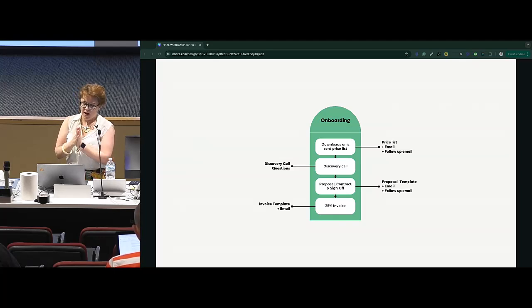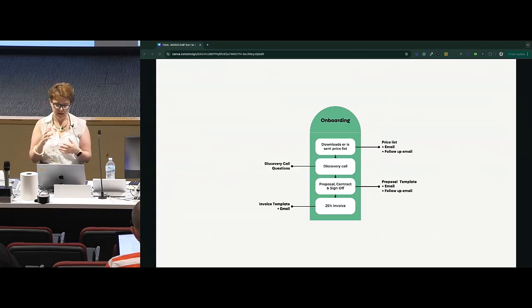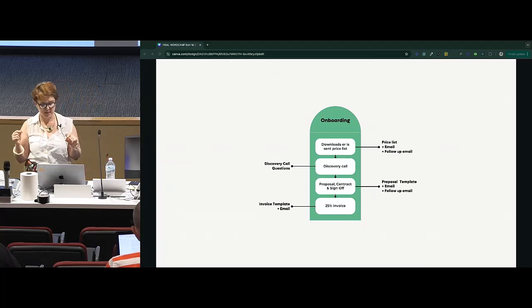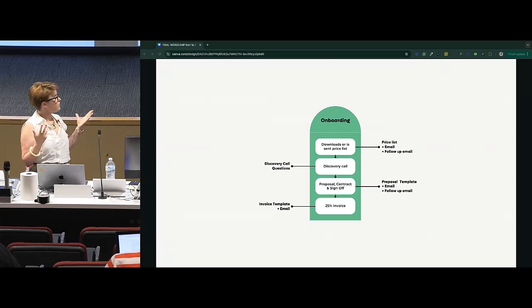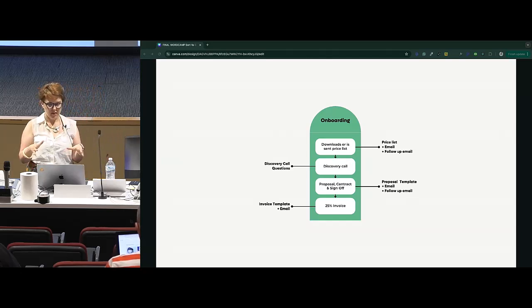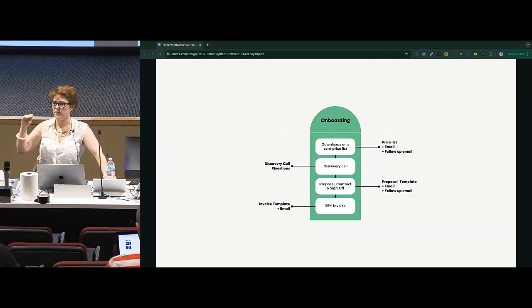I know that I've asked for all the information I need from them to go ahead and put together a proposal. So proposal, I obviously have a proposal template, which also includes a contract and a sign-off, an email and a follow-up email for that. And then once they've signed off the proposal, they get sent the invoice, which I have an invoice template for and also an email template for that. It's worth noting I do have a bunch of emails to follow up on invoices if a client hasn't paid an invoice as well. I haven't actually included them in this process here, but it's one of those project pain points that I know that occasionally a client will miss paying an invoice.